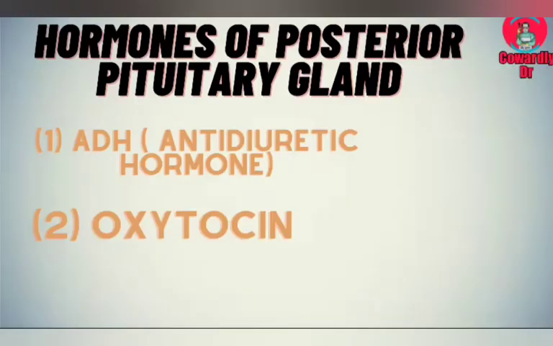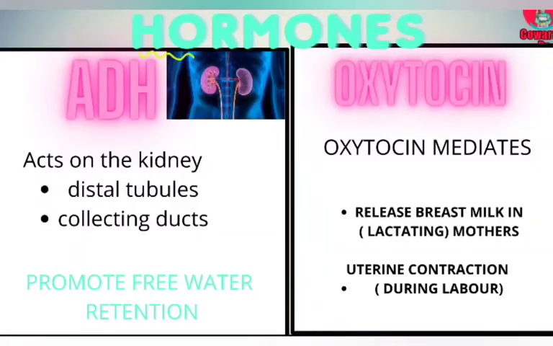First of all, we will discuss two main hormones of the posterior pituitary gland. The first hormone is the ADH, or the antidiuretic hormone, and the second hormone which we are going to talk about in this video is oxytocin. So let us discuss these two hormones of the posterior pituitary gland. The first hormone, the ADH or the antidiuretic hormone,